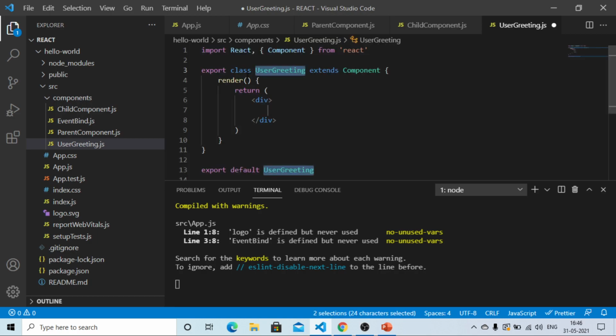And I would like to remove the named export.